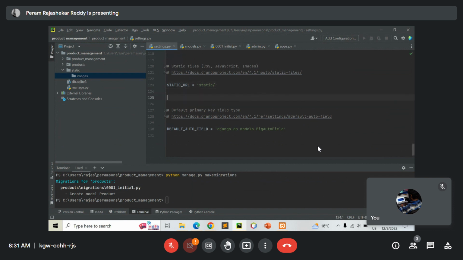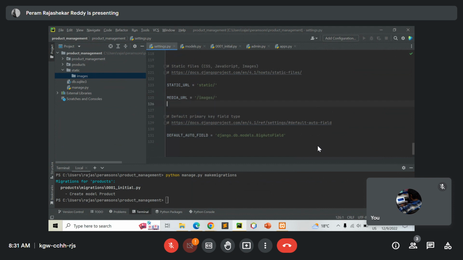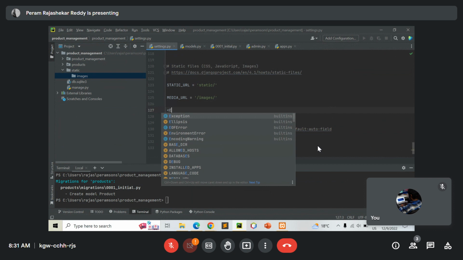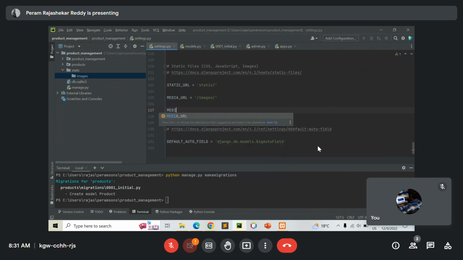So here we need to take media underscore URL, that is slash images. Now media underscore root equals to